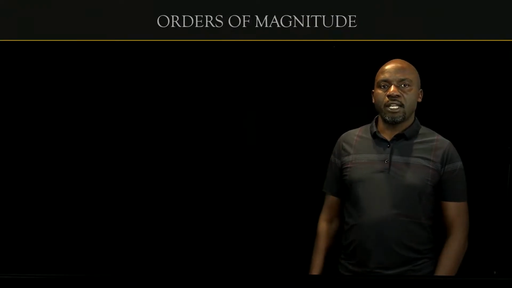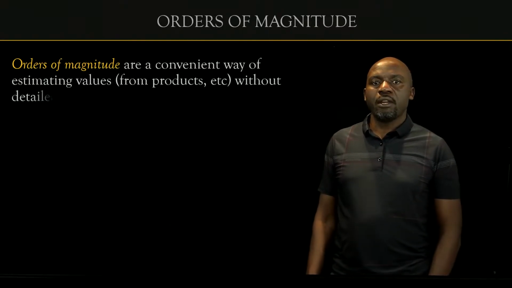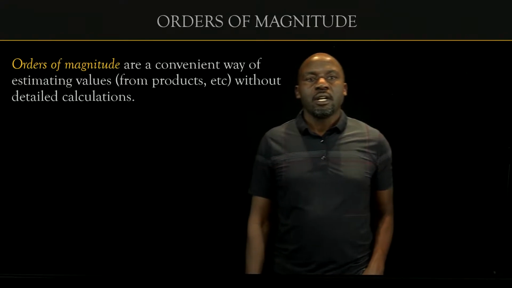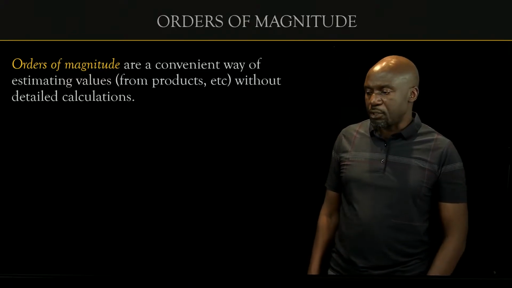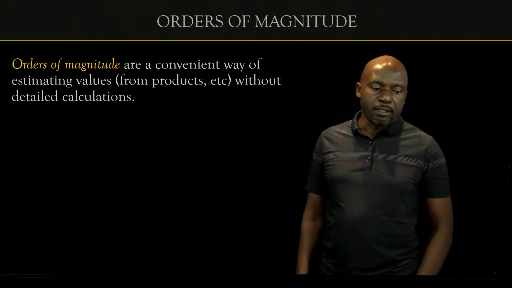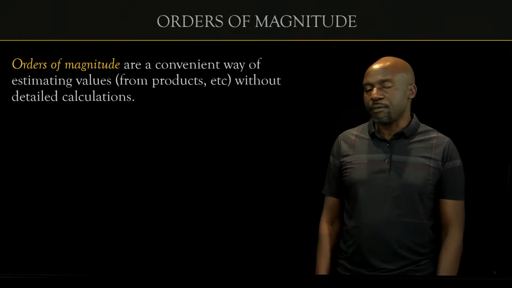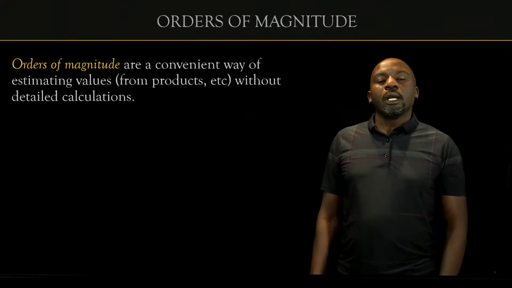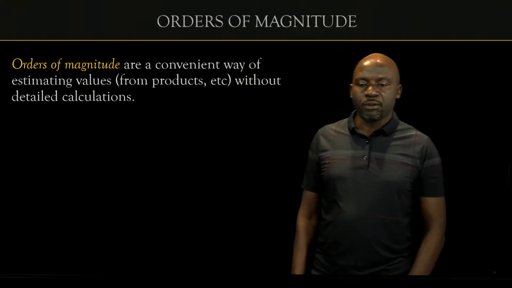Now let's go to the next thing, which is the idea of orders of magnitude. Orders of magnitude are a convenient way of estimating values of products or just numbers without detailed calculation. So if somebody was to say, what is the mass of a full-grown man? Well, different men have different masses because we have different sizes, okay? But there is a value that if you gave for a full-grown man,